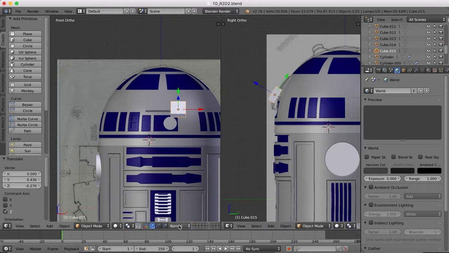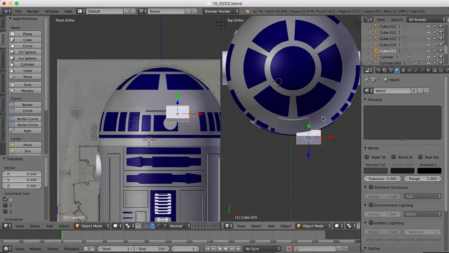And then again with normal selected, so that we can drag this shape around quite easily, I'm going to scale on the X. And then we'll go to a top view, because we need to rotate this on the Z-axis so it lines up like so. Once we are done with all of this, lining that up,